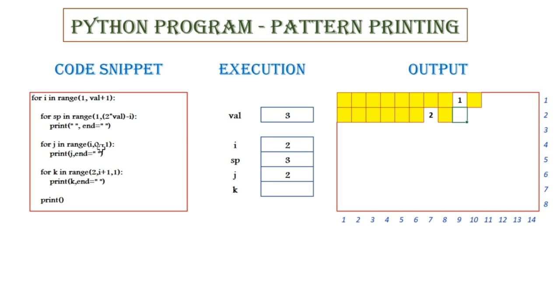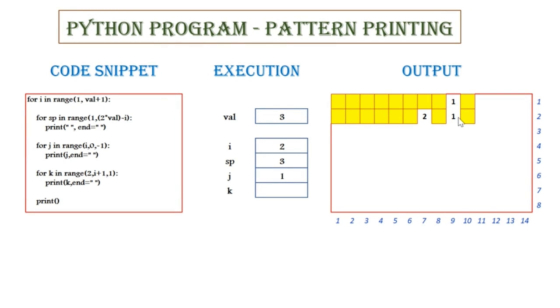The loop continues where the value of j decrements by 1. So it now becomes 1 and we are going to print the value of j followed by a space. So we are going to print 1 followed by a space. Next, the value of j becomes 0. So the control comes out of this nested for loop and then it goes to the next nested for loop